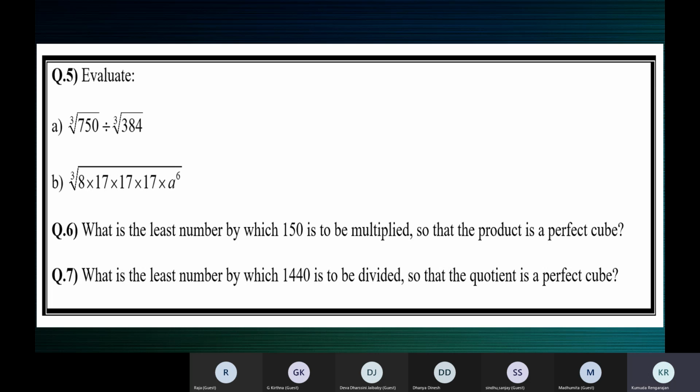Now here you must take away all the factors that don't occur in triples. If it is multiplied, you must include the factors that don't occur in triples. Here you must take away. If a factor does not occur in triples, you must remove it.